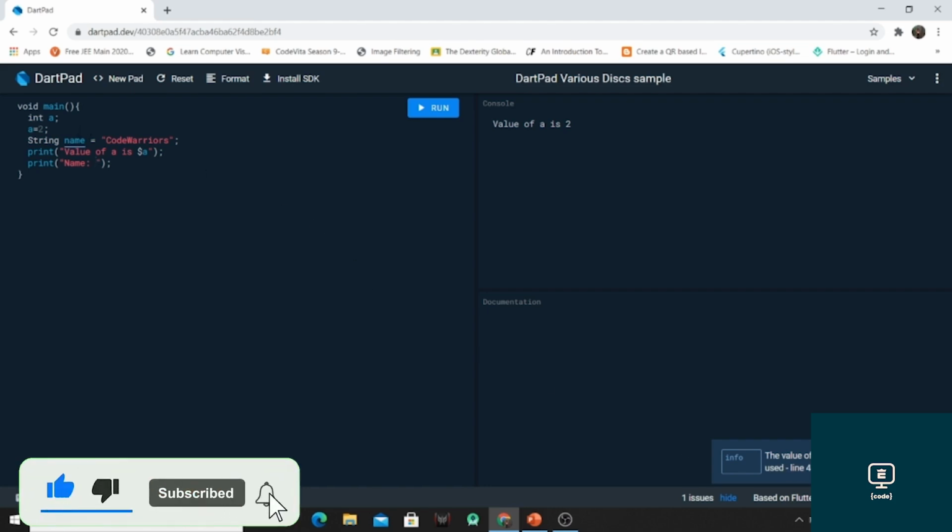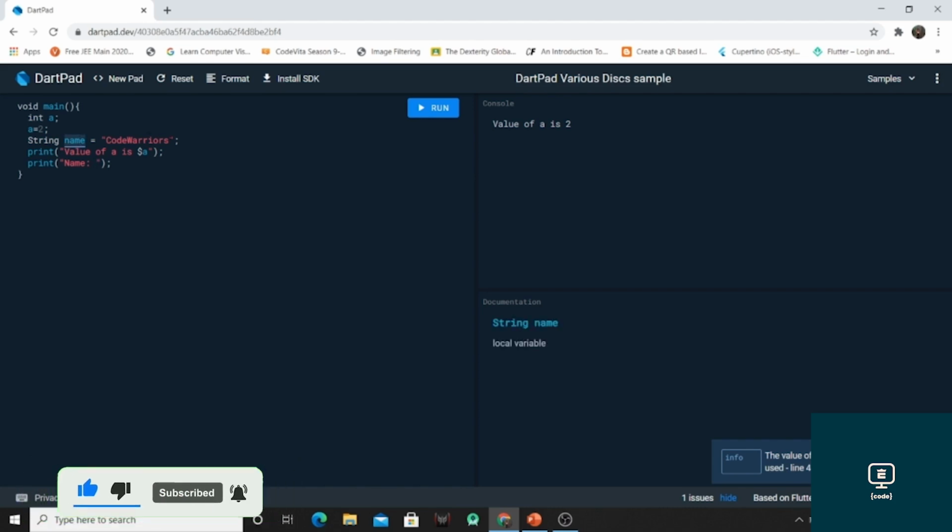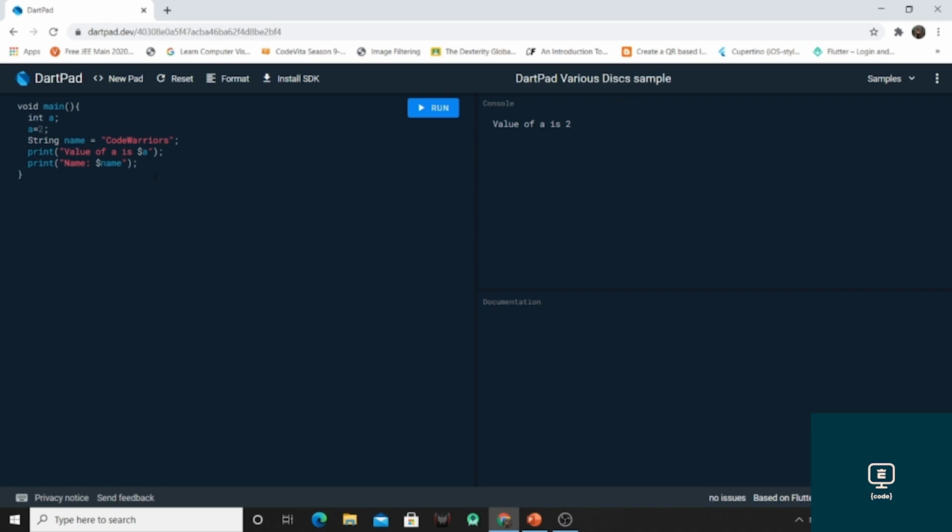The variable which we have declared and defined in line 4, we haven't used it yet. That is also available in the documentation part, that the string name, which is a local variable, isn't used till now. So now we will use the name variable, and this information will be gone. On clicking this run button, the output will be available in this console part. So here is our output.